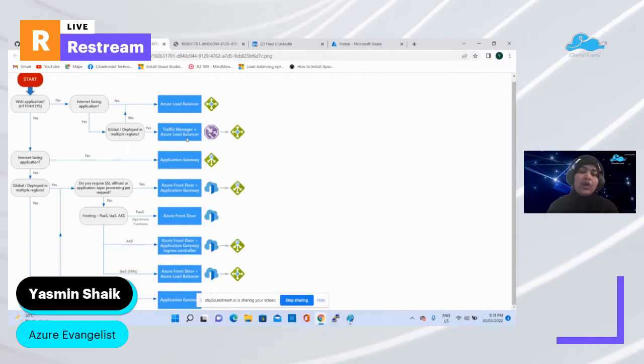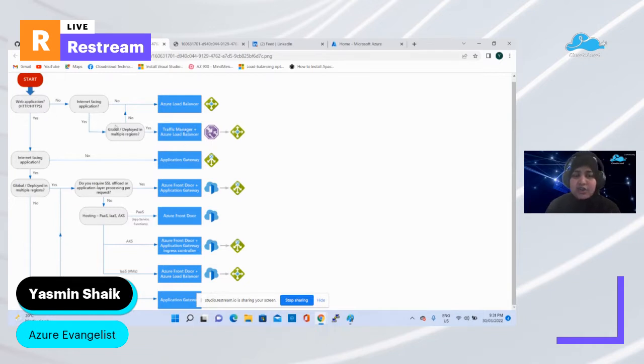One more thing I wanted to let you know is you don't need to use only one particular load balancing method. Based on the solutions, you can combine these four load balancing techniques to implement your solution as well. As you can see here, if your application is going to be deployed globally, then you can use a load balancer along with your Traffic Manager.